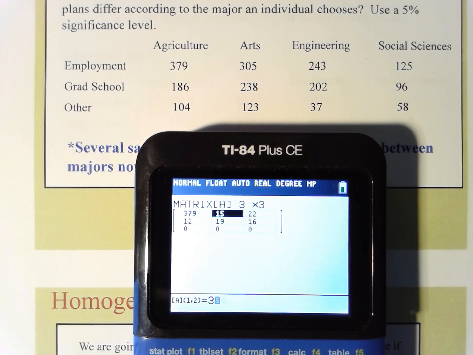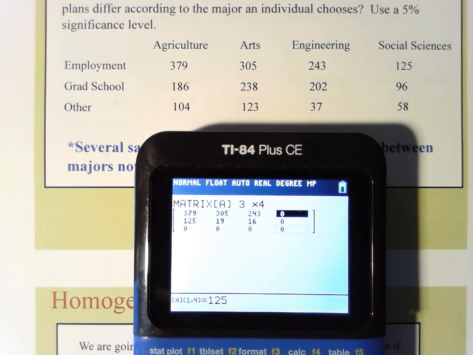379, enter. 305, enter. 243, enter. 125, enter. Oh, crud. Somebody should have told me. It's a 3 by 4. Yeah, oh well. I'll change it back. There we go. 125, enter. 186, enter. 238,